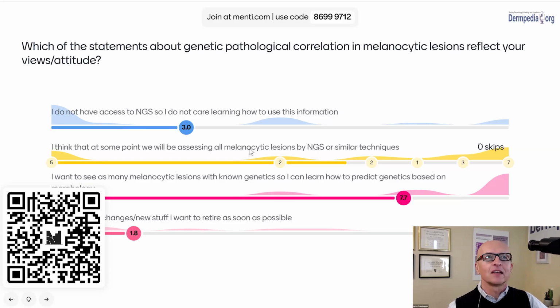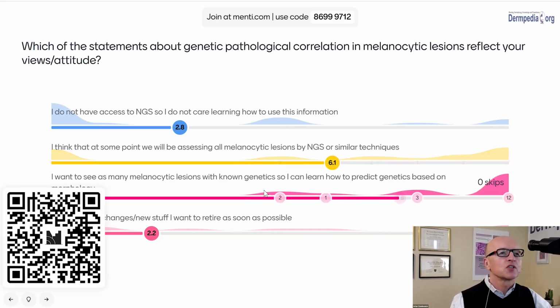But I don't use it anymore. And that is actually relevant because of the answer to question number 3: I've learned a lot in terms of genetic pathological correlation, that in many cases I just no longer feel that I need confirmation anymore. It's a similar thought process to how I don't need to do HPV testing to diagnose a wart. I don't know exactly which of the possible variants of HPV are there, but it's enough for me to really make those diagnoses.